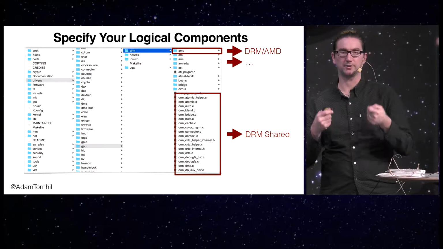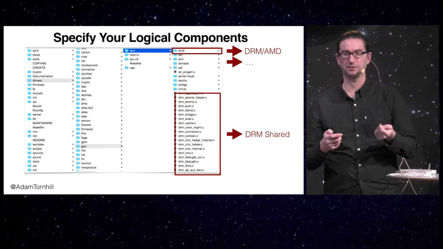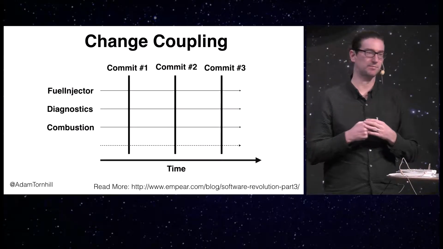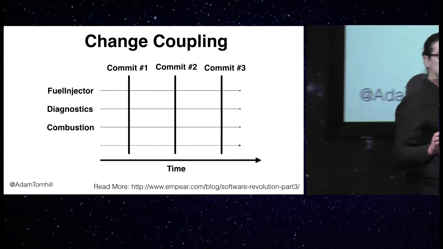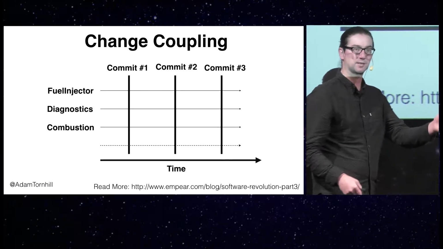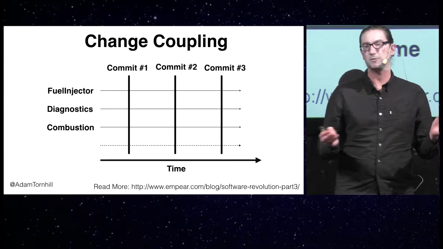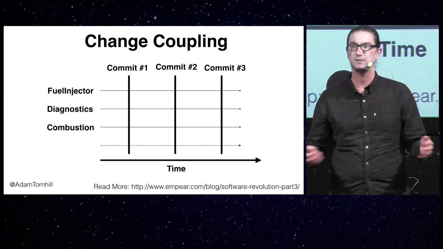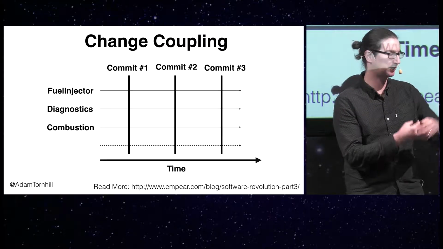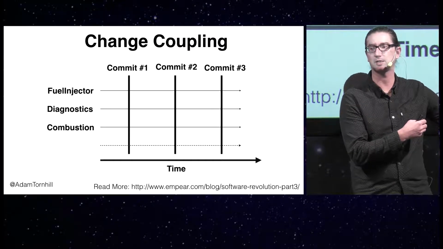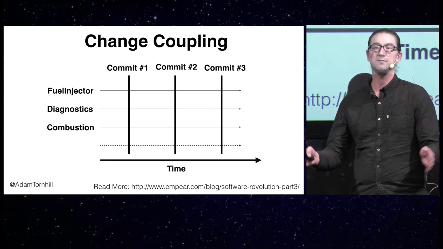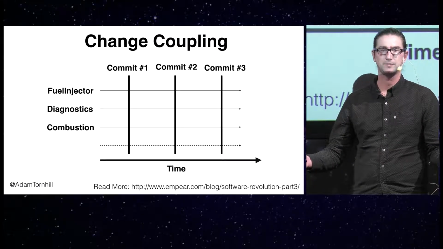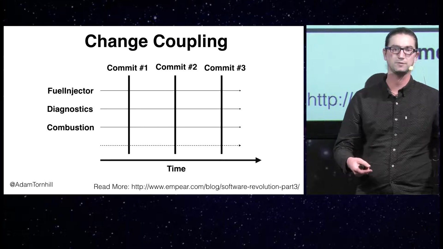But there's usually an even more interesting analysis we can do. It's something I call change coupling. So let me walk you through that, because change coupling is a little bit different than the way we typically talk about coupling. When we developers talk about coupling, what we typically mean is a dependency. I have a piece of code here, I use a piece of code here, they depend upon each other. But change coupling is different, because change coupling is invisible in the code itself. It's something we can only measure from the evolution of the code.